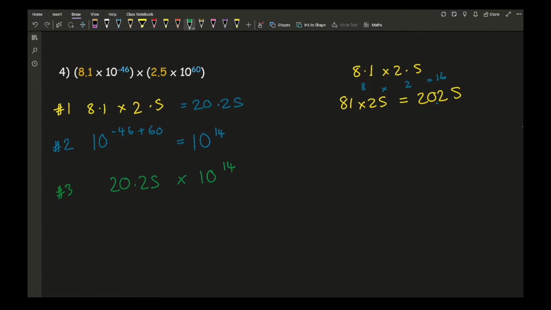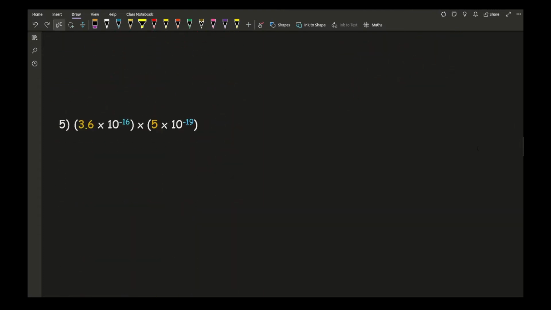Now again, this is not a number that's between 1 and 10, so I need to move the decimal point 1 place to make that number smaller. Now note that I'm still using all the digits, not knocking off the 5. So I need to add 1 to the power, so it becomes 10 to the power of 15, and there is my final answer. And then if we look at question 5,